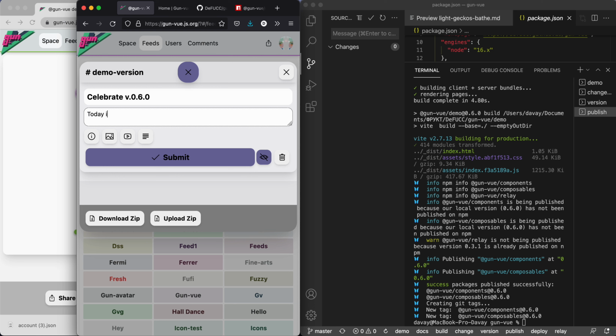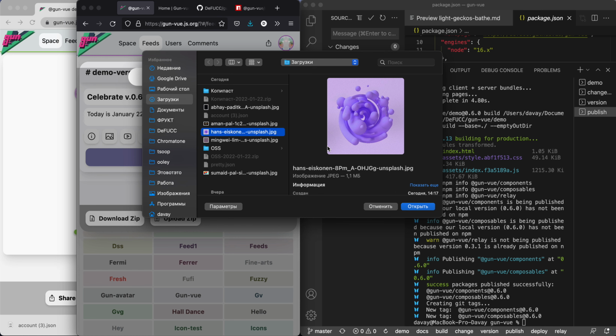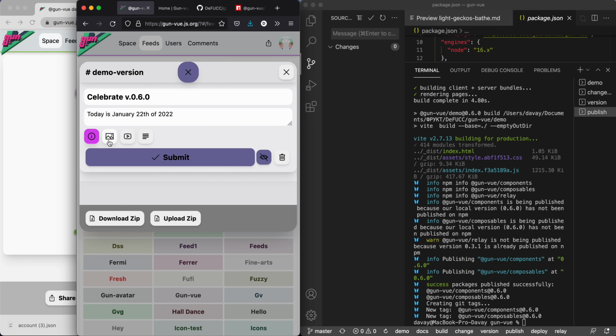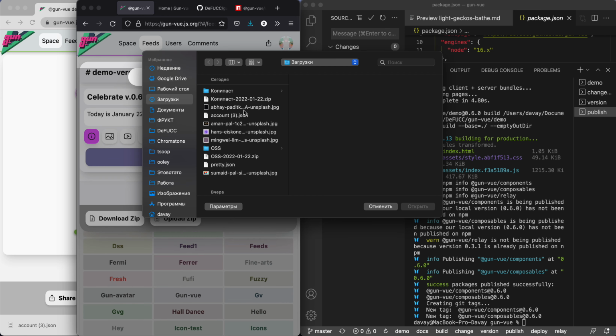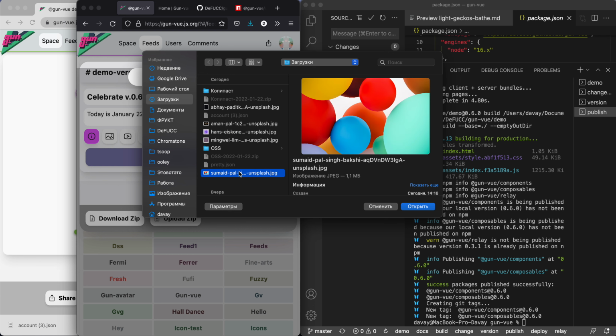Today is January 22nd of 2022. Then we get to some icon. We upload an icon, a square media file. It may be a PNG, a JPEG, and also we go and get the